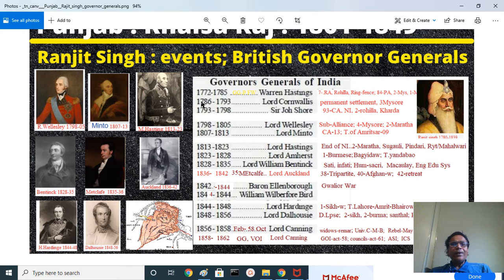That was 1786-93. Still, Maharaja Ranjit Singh was young at that time. He was still a ruler of Sukerchakia Misl, headquartered at Gujranwala, between the Ravi River and Chenab River. East of Gujranwala there are Sialkot, Pasrur and Narowal, and on the other side Sheikhupura, Nankana Sahib and so on. On the southern side Lahore, Kasur and Amritsar. Northern side Gujarat, Wazirabad and so on.